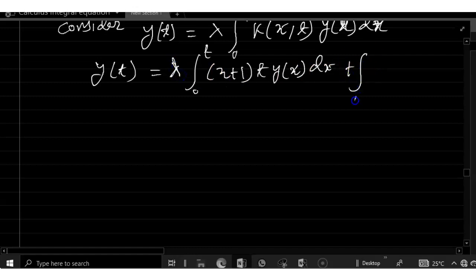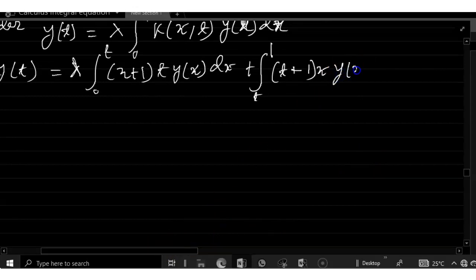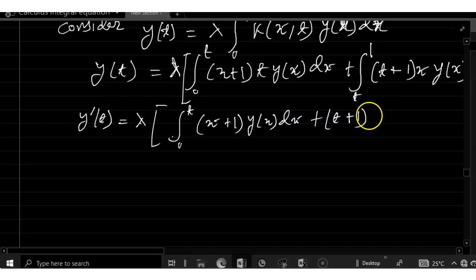And plus integral t to 1 of (t plus 1) x y(x) dx. So y(t) equals lambda times integral 0 to t of (x plus 1) y(x) dx plus (t plus 1) into t y(t),